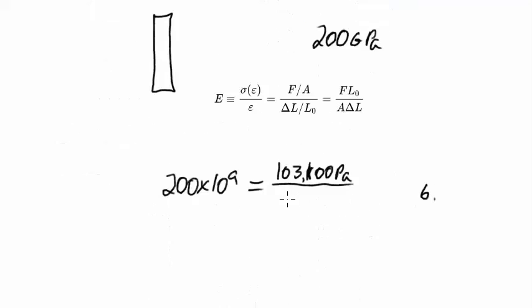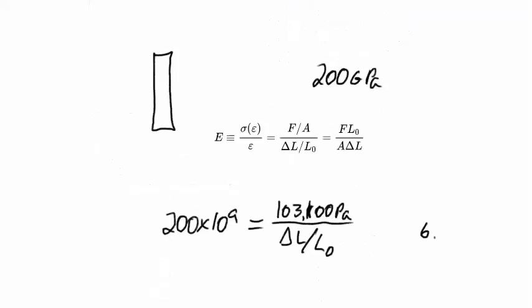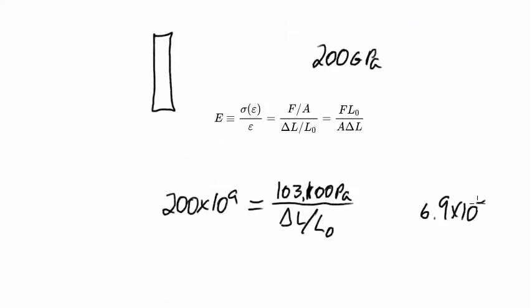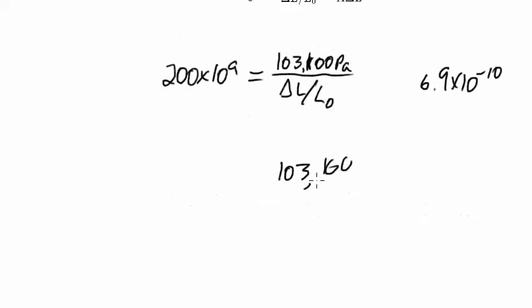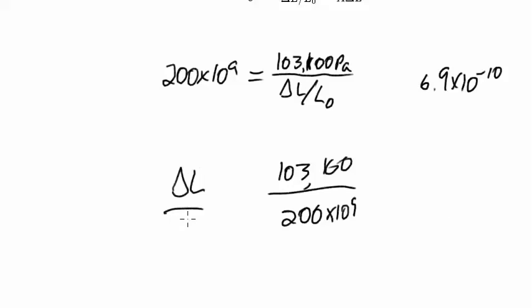So I'm going to find out what delta L over L is and compare it to, what was it again? 6.9 times 10 to the negative 10th. And see just how much this part of the steel ruler compresses, and see if it's on the order of that. So in essence, I'm going to take 103,100 divided by 200 times 10 to the ninth, and delta L over L sub naught is on the order of